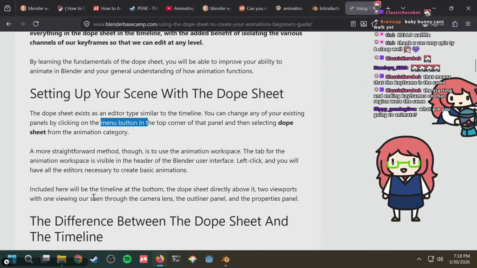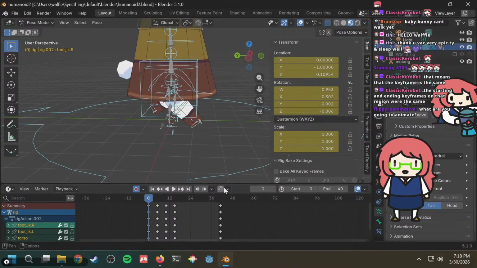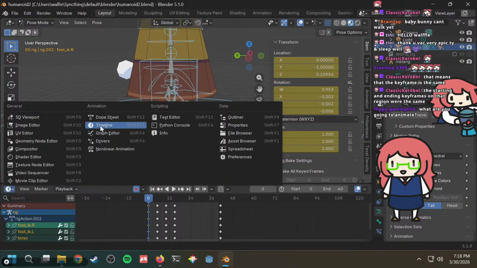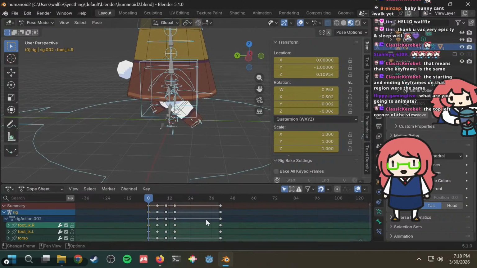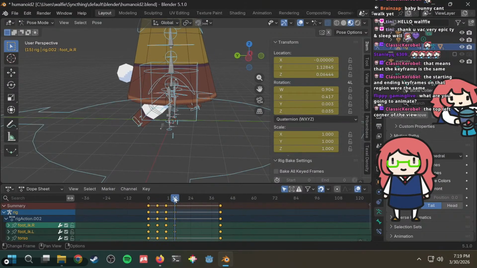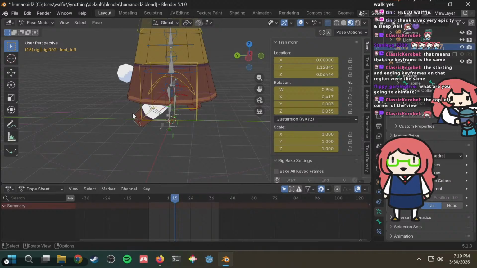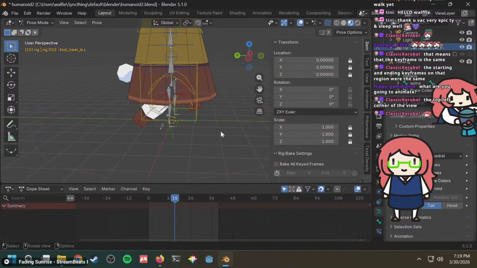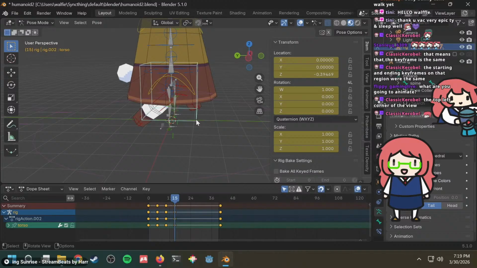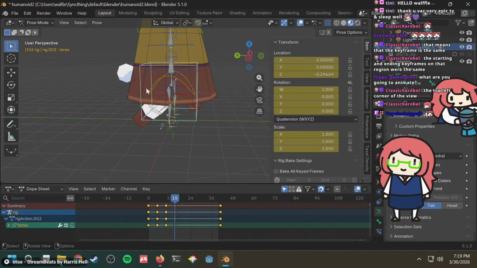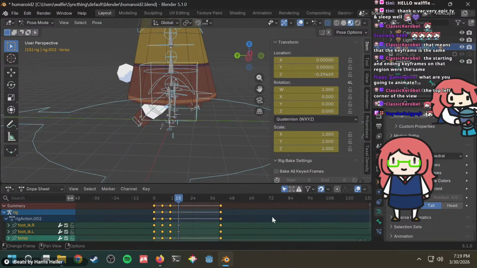No, this is the timeline. And how do I choose? Okay, this. The top left corner. Okay, so now when you do Control A, it does select all of them. I see. Oh, but it doesn't select all of them. Now it selects all of them.